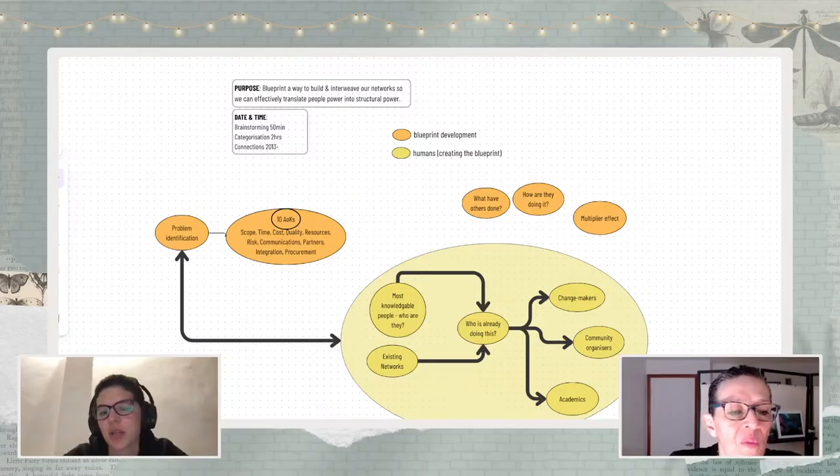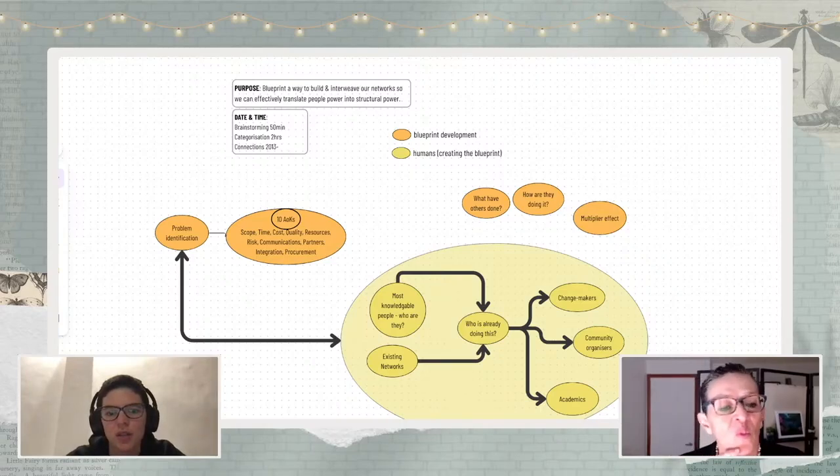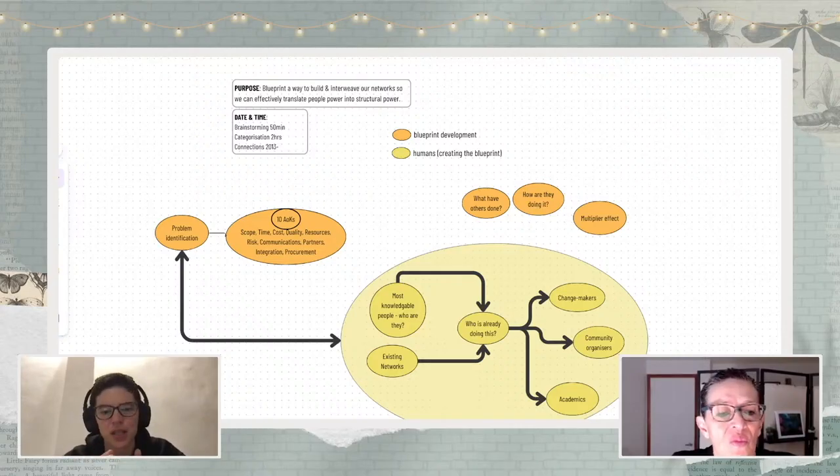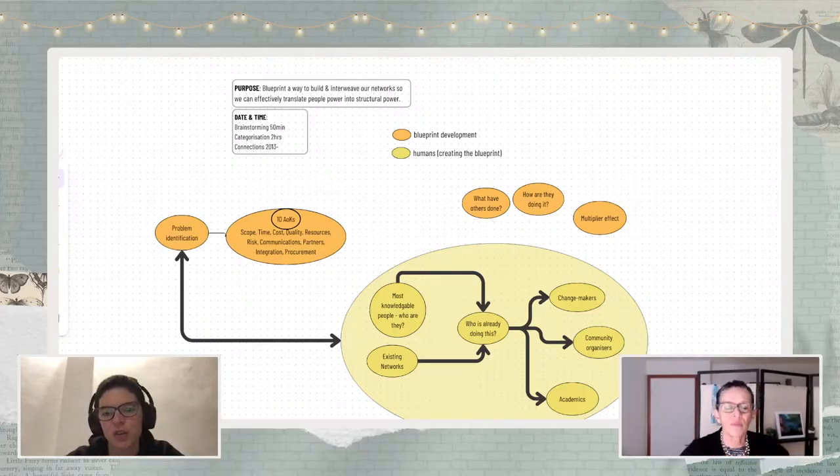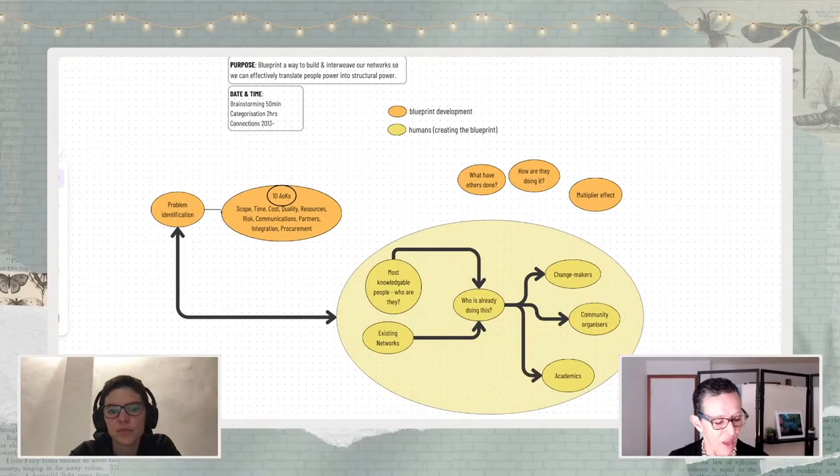And I think this is where it becomes clear how the categories are just a tool to process the information, but are not perfect, because as we're processing orange and yellow, we're seeing, why is what have others done orange, but who is already doing this yellow? It is going to be part of the same research process of information gathering. Right, and the beauty that we have seen and valued from this tool is how you're thinking, right?